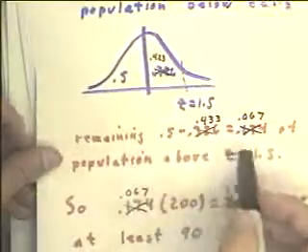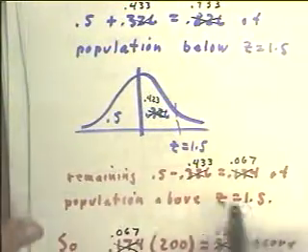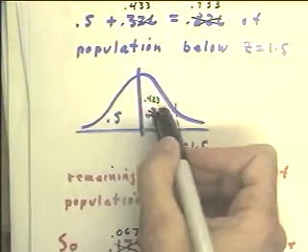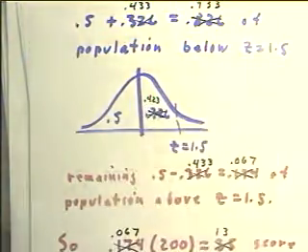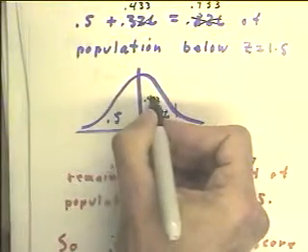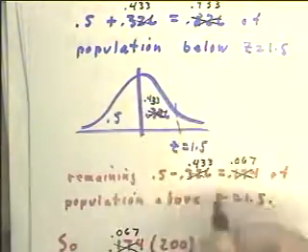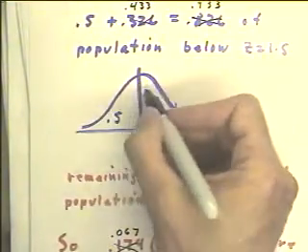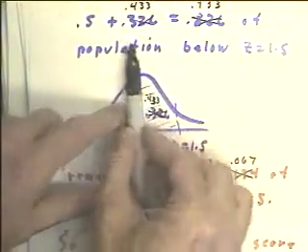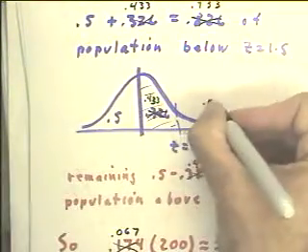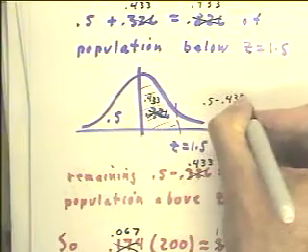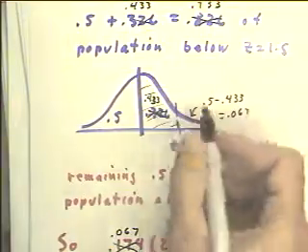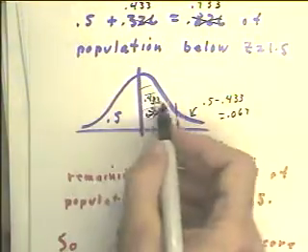The remaining number, if we want to find who makes better than 90, well, we've got 0.433 of the distribution right here. Hopefully you can read that. It's 0.433. Okay, 0.433 of the distribution would lie here. 0.5 of the distribution lies here, so that leaves 0.5 minus 0.433, or 0.067 of the distribution lying in this region to the right of z